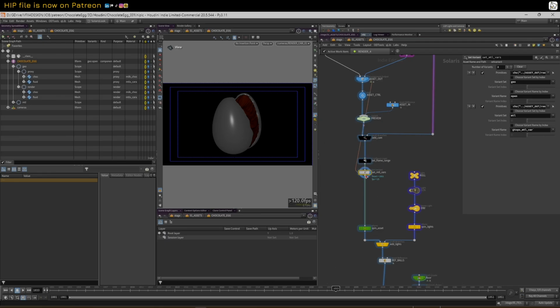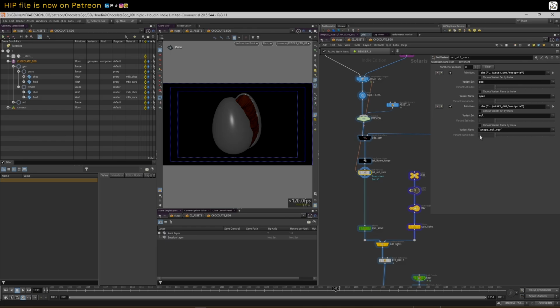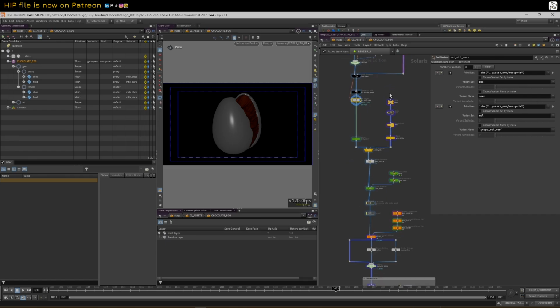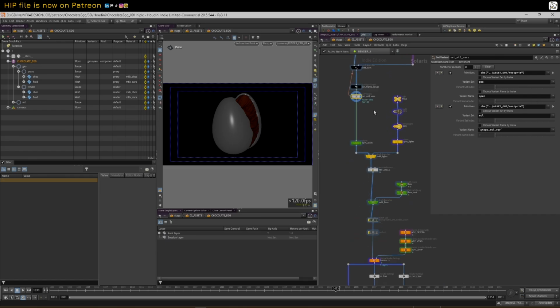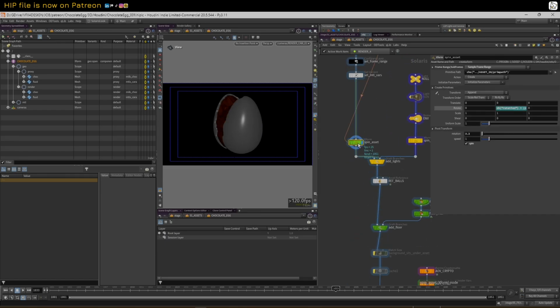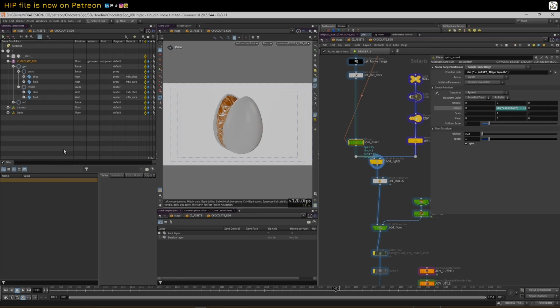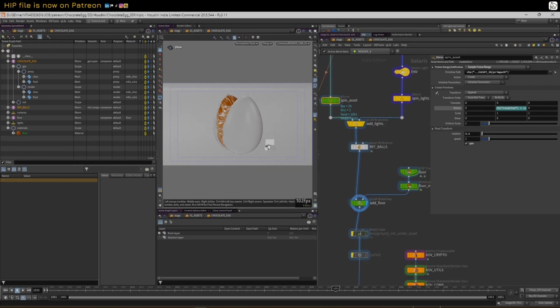And then I'm going to choose my variant. So here we have variants set. Now you may think, why does this say at TOPS material variant? If I middle click, you'll see it is returning something, and that is related to down here. So first things first, we're going to spin the asset with an expression, and I'm going to go through all this in great detail, graph the lights in, add some ref balls if we really want, and graph the floor in,